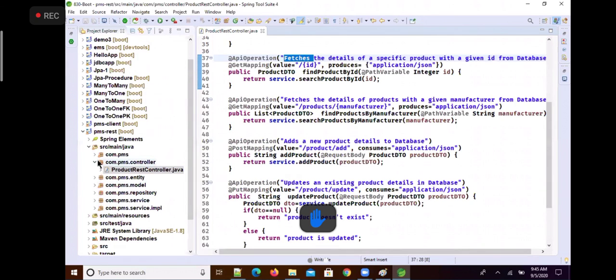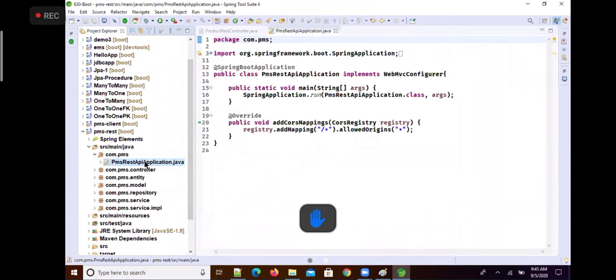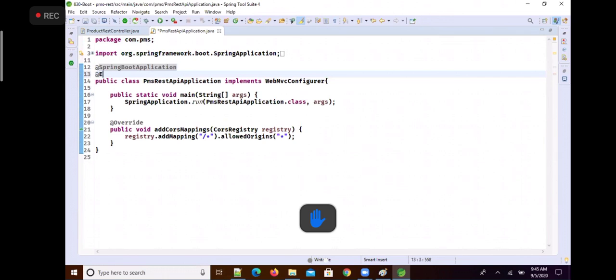So here is my REST API application. First of all, I would like to enable Swagger 2. @EnableSwagger2.